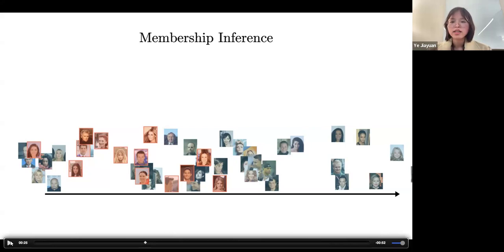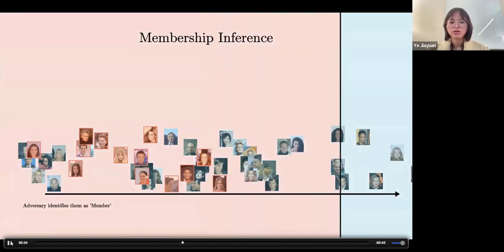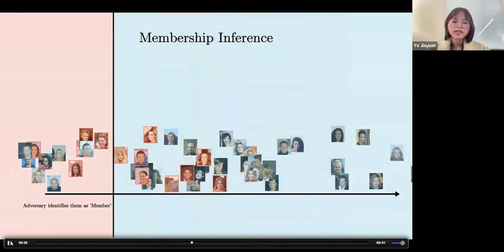And the question is, is one threshold enough? So we know that we can choose this threshold in an arbitrary way. We can move it to the left, move it to the right. And all of these give different attack success measures, right? So to give an informative measure of success, we need to evaluate it for every possible threshold and say